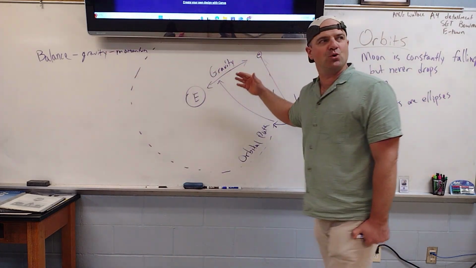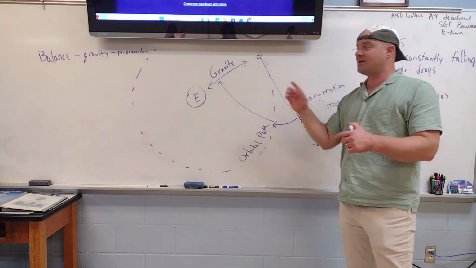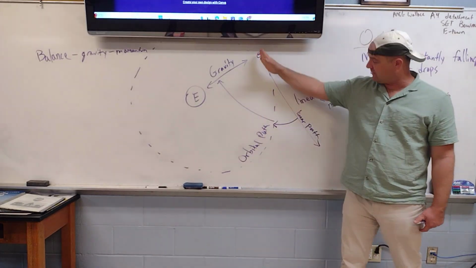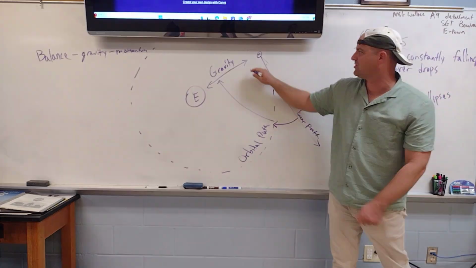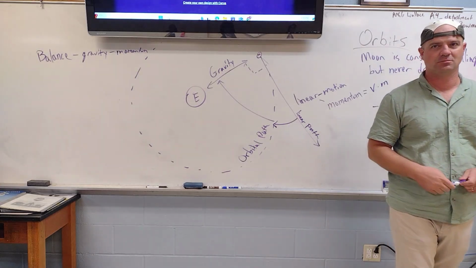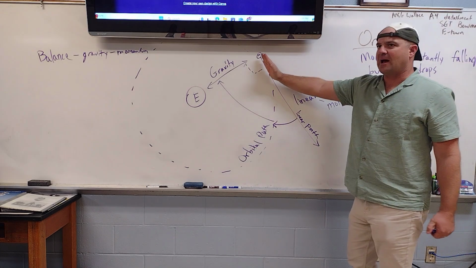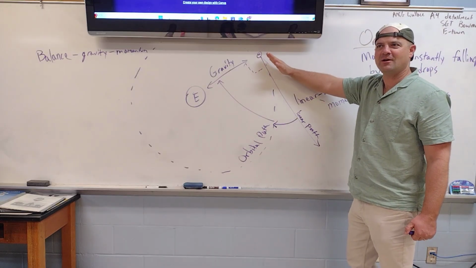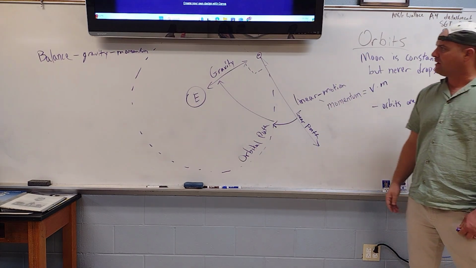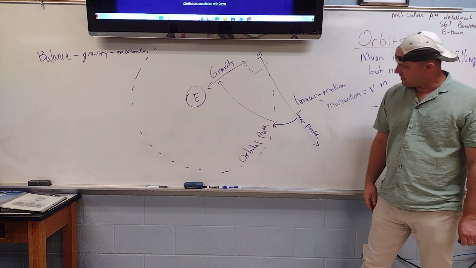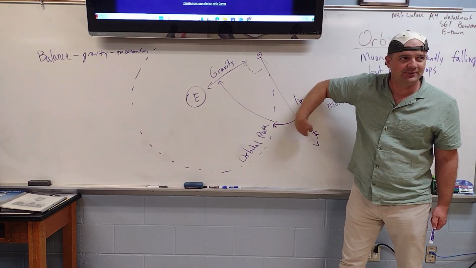So depending on where the Moon is around the Earth, it may or may not be exactly 90 degrees, that angle between the line of gravity and the linear path. But on average, does that make sense? On average, this would be a right angle. Sometimes it would be a little bit, what would this be, obtuse? More than a 90? Or acute, less than a 90, is that right? Am I using the terms right? Okay. But on average, it'd be a 90. This angle right here, 90 degrees,